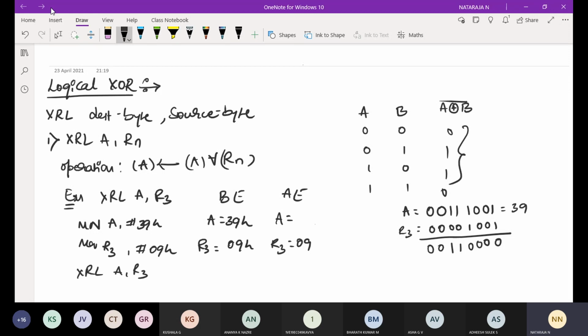What is the value? 30H. Yes, sir, 30H. The accumulator is equal to 30H, stored in the accumulator.